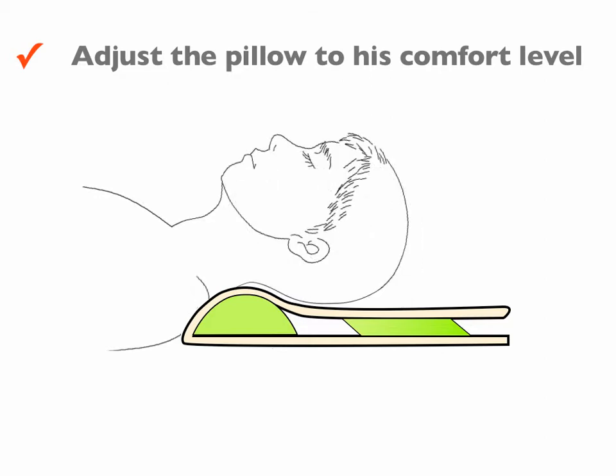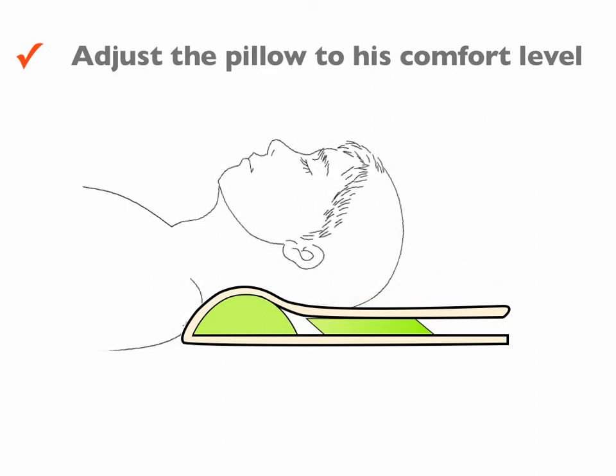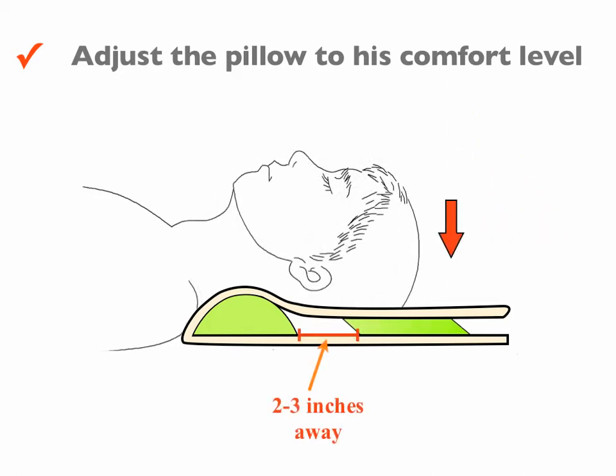Next, we'll ask John to gently lift his head and we'll adjust the head insert about 1 inch closer to the neck insert. Then we'll have John rest his head on the pillow and we'll ask him how the pillow feels with the new position of the head insert. After adjusting the head inserts 1 or 2 times, we'll attach the head insert in the position that John felt was most comfortable.